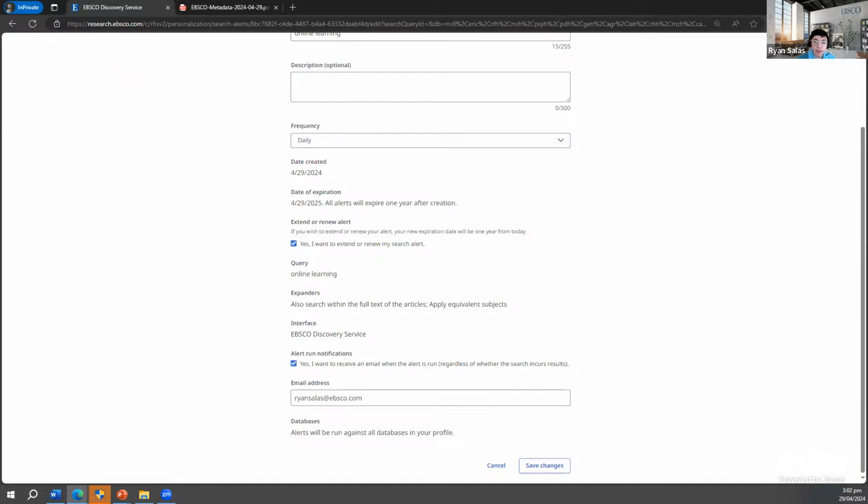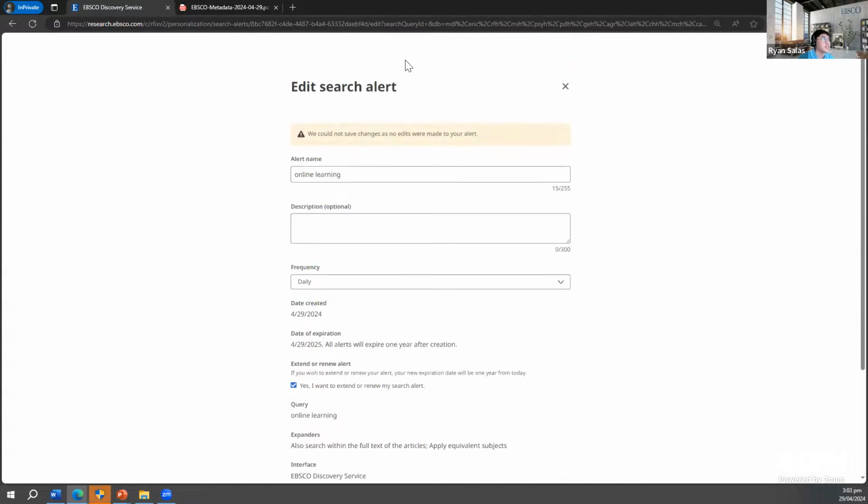And the good thing about this new feature is you can now renew or extend the alert. You can tick this box if you want to extend or renew your alert, and if you renew your alert, it will be extended for a year. So you can now click on Save Changes. And if I go back,